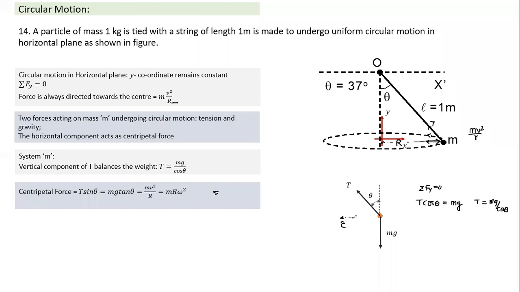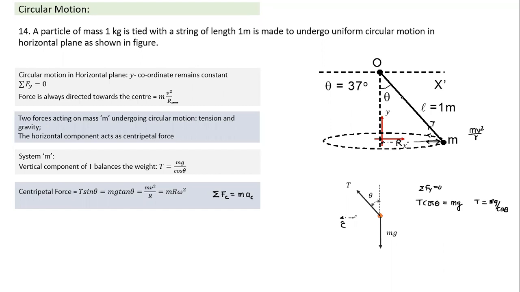In case of 2D motion, we write summation of force in x direction equal to max. Here, I have written summation of forces in the centripetal direction has to be equal to m into ac. That's what we have used, and that's the equation we arrive at. So if this theta is known, L is known, the radius is known, we can easily calculate the value of T and what must be the value of v. Both can be easily calculated from here, and will always match.